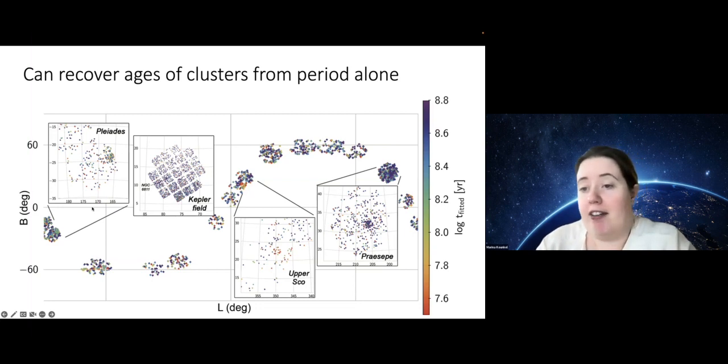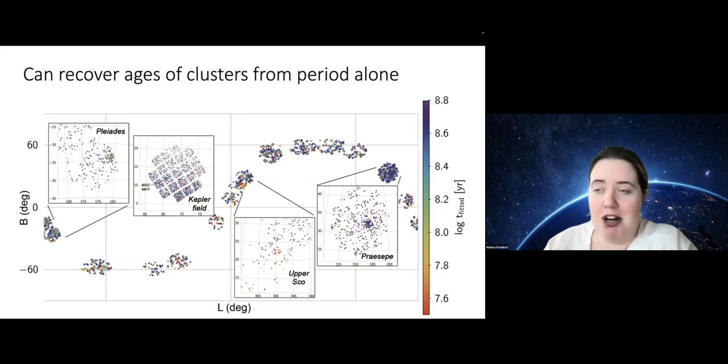In future, gyrochronology can be an effective tool for us to see the age distribution of the stars in the solar neighborhood. Therefore, we'll be able to see the star forming history of the galaxy in as much detail as we couldn't have before. But there's still an issue of those pesky rapid rotators. What can we do about them? Why do some stars spin up? Which stars spin up? How do they do it? Well, the answer to that is actually surprisingly simple.